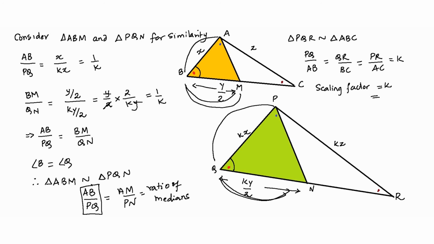Okay, so let us summarize now. If two triangles are similar with a scaling factor of k,